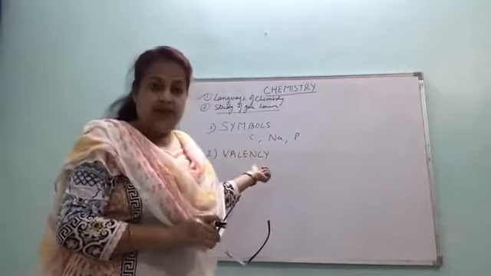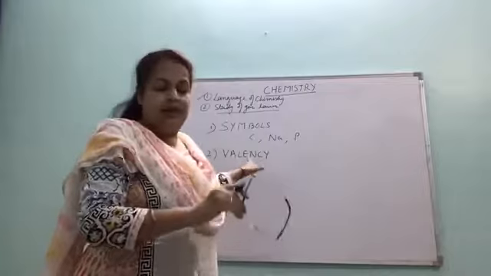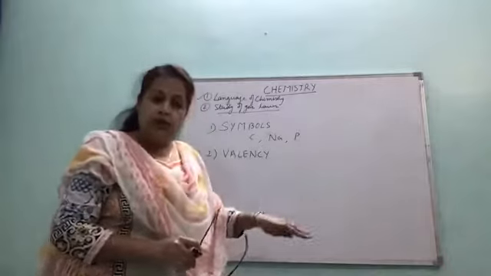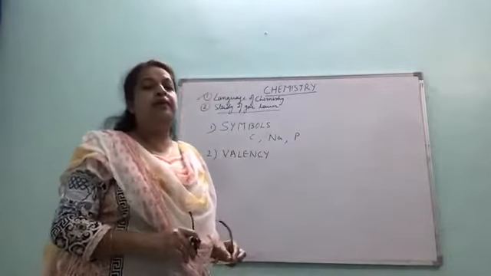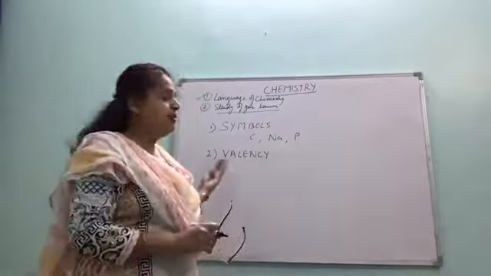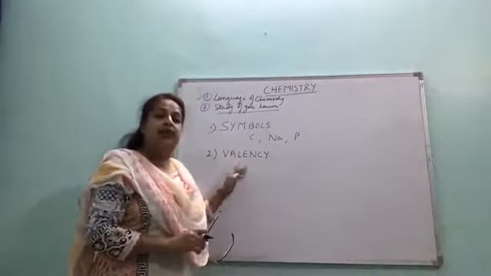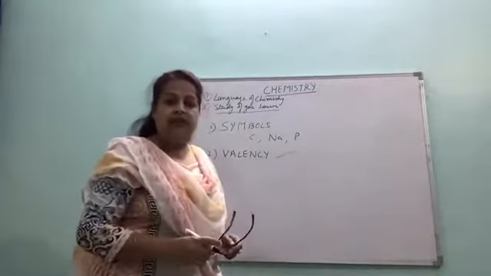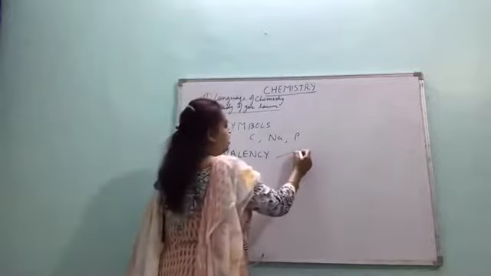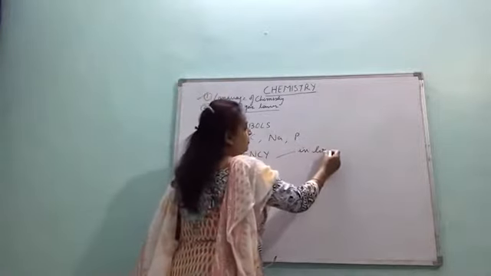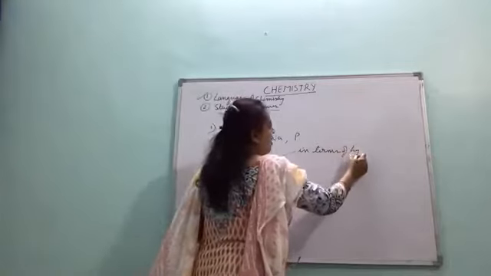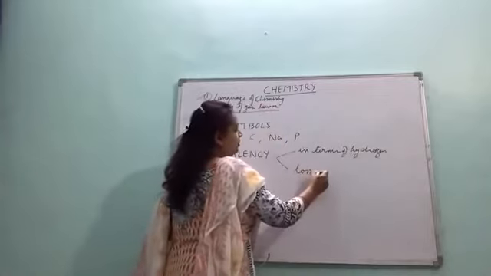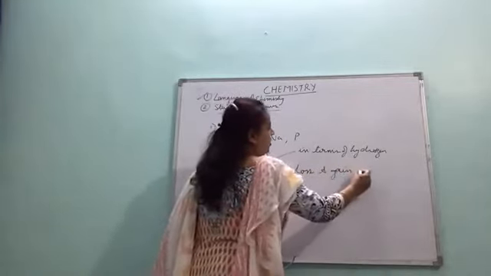And in terms of loss and gain of electrons, the number of electrons lost by a metal so as to form a compound, that is valency. Or for non-metal, number of electrons gained by a non-metal, right? So valency in terms of both hydrogen and loss and gain of electrons. Both the definitions are given in your textbook. You will mark it in terms of hydrogen and in terms of loss and gain of electrons. Both you will be doing it.